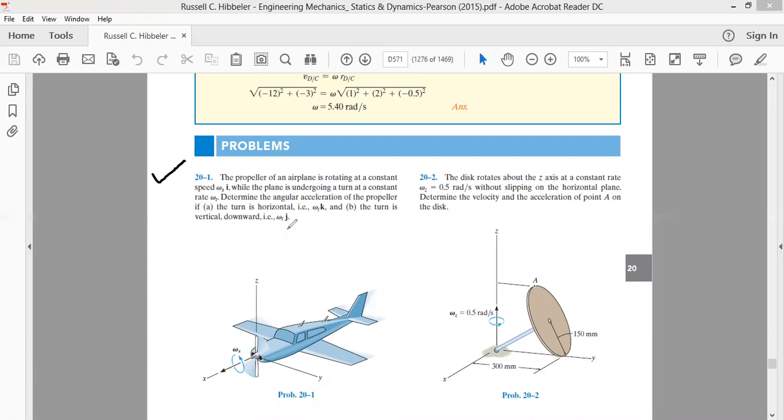The question says that the propeller of an airplane is rotating at a constant angular velocity, having magnitude omega x, and it's rotating along the x-axis. And the plane is undergoing a turn at a constant rate, omega t. Determine the angular acceleration of the propeller if, part A, the turn is horizontal, that is, the turn is in such a way that the angular velocity of the aircraft is